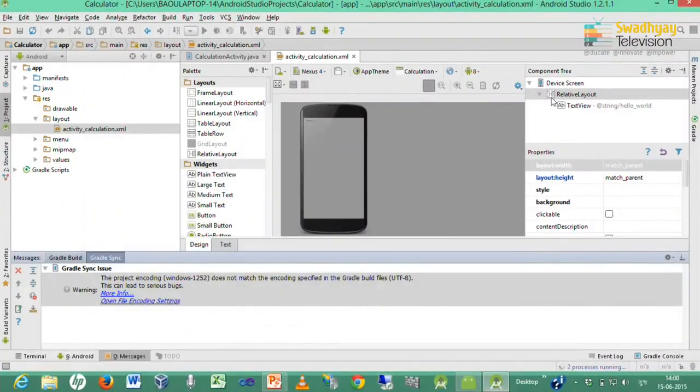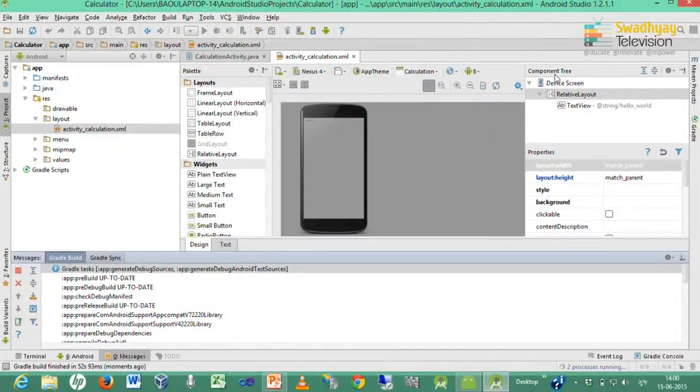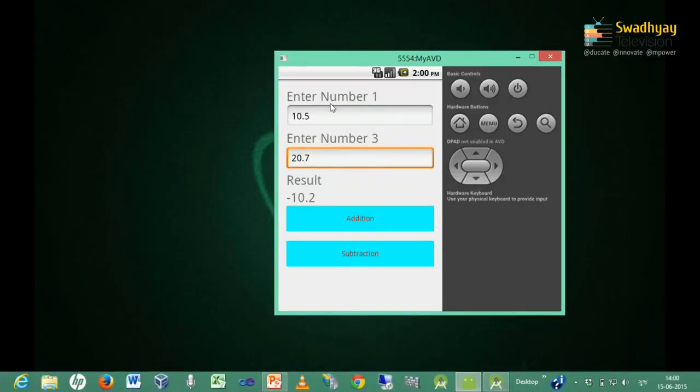You can see over mouse pointer. This layout is a relative layout that we can see in component tree. So first I would like to change this layout to linear layout, because here every control is rendered in horizontal lines. So this kind of layout is called a linear layout.